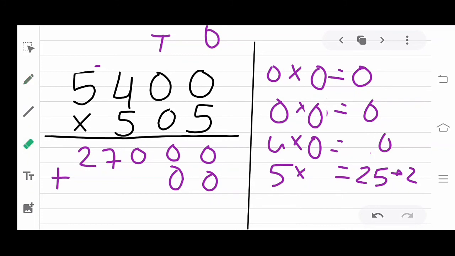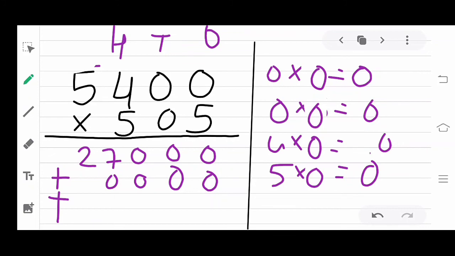And 5 with 0, again your answer is 0, because students, we know that whenever you multiply 0 with any number, you got again and again 0. At last, now we are going to move at 100 column. In 100, we are adding 2 zeros, so 1 0 here, 1 0 here. And again, we are going to multiply 5.